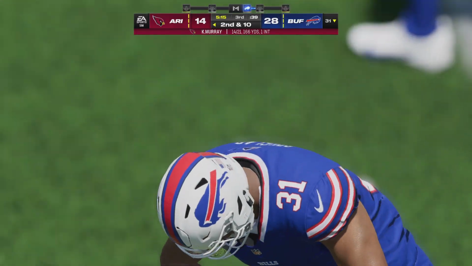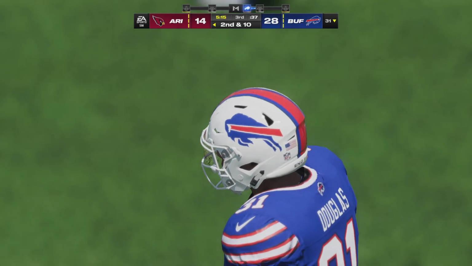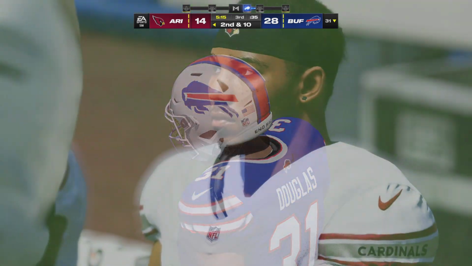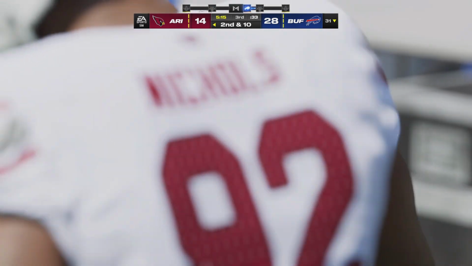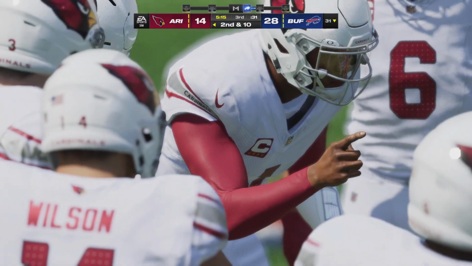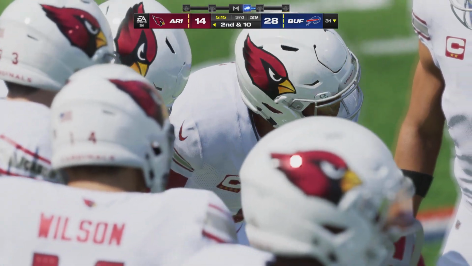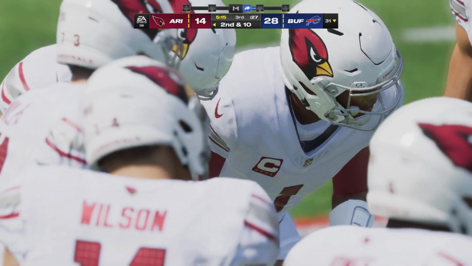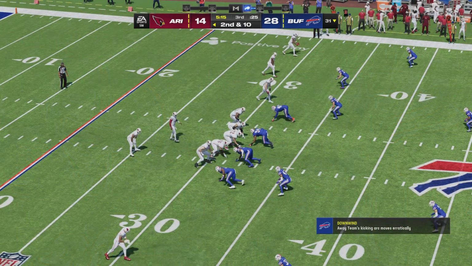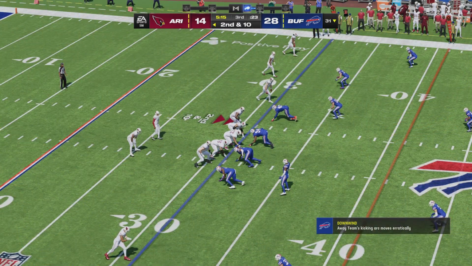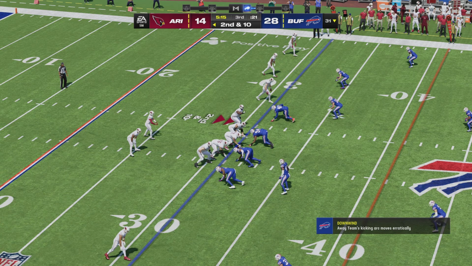Looking for more there on 1st down, but this throw downfield, incomplete. Zone coverage there, and they were playing deep. That makes it obviously a little bit harder to run by guys. And that time, there's not much of a window to get the ball in there, and it winds up incomplete. So after the incompletion on 1st, now 2nd and 10.